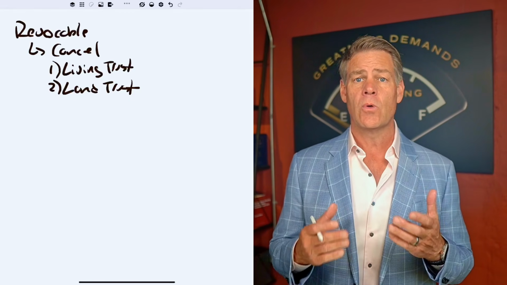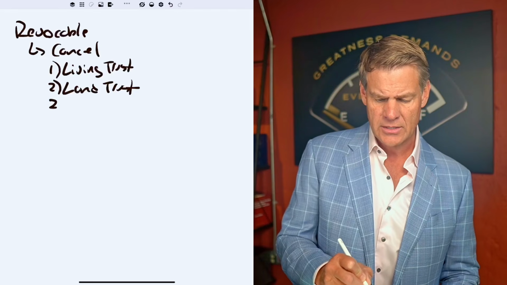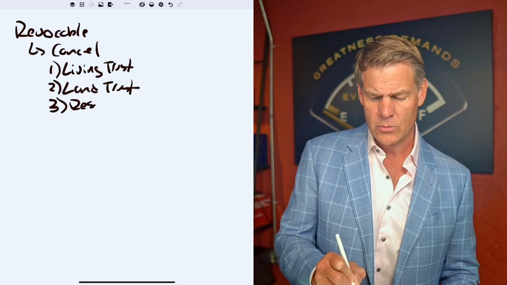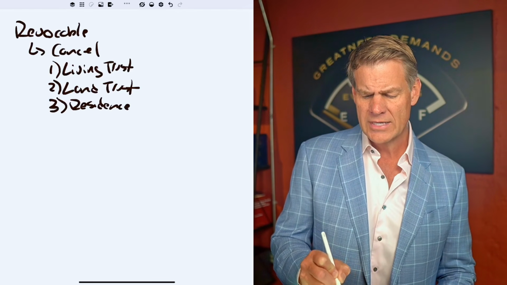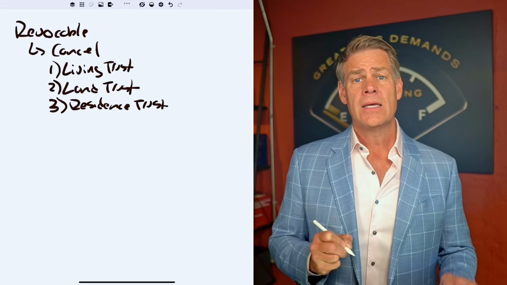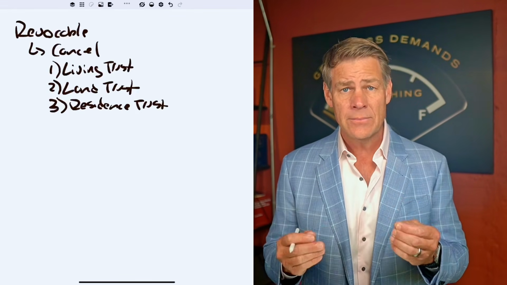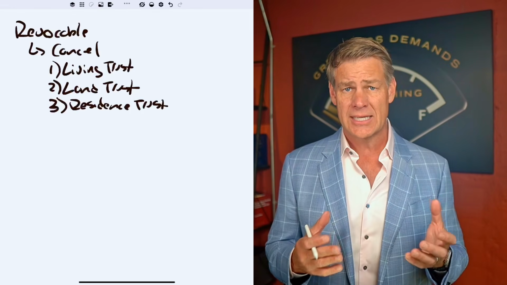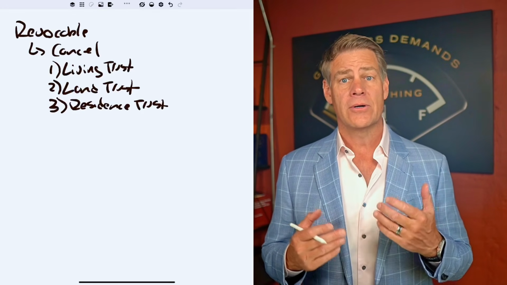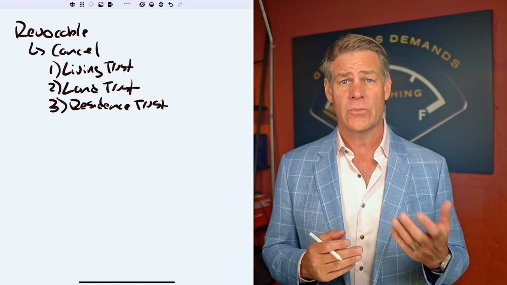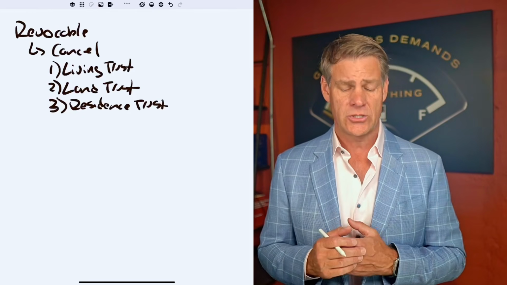That's why many people will also set up a residence trust. So a residence trust would be a revocable trust. The difference between the residence trust and a land trust is that the residence trust is a strategy that we use to provide anonymity for your personal residence, to protect that from creditor attachment. If they get a judgment against you and they record the judgment, then it will not stick to your house.